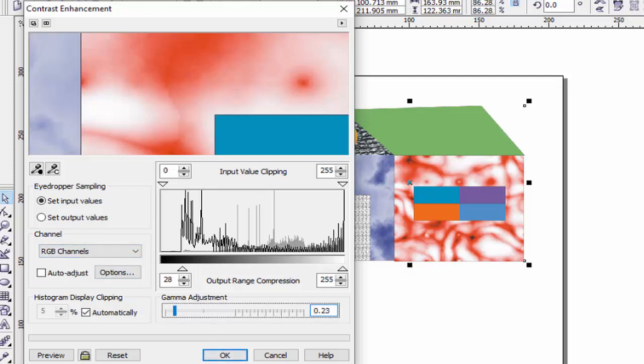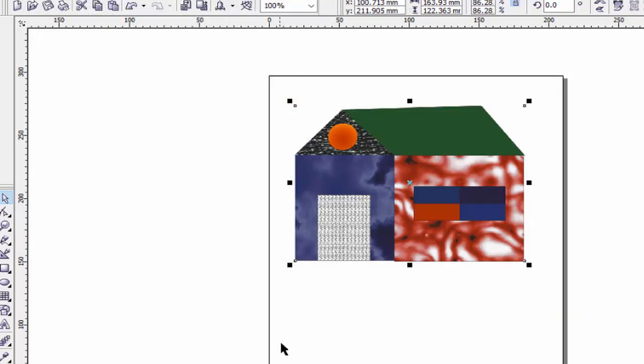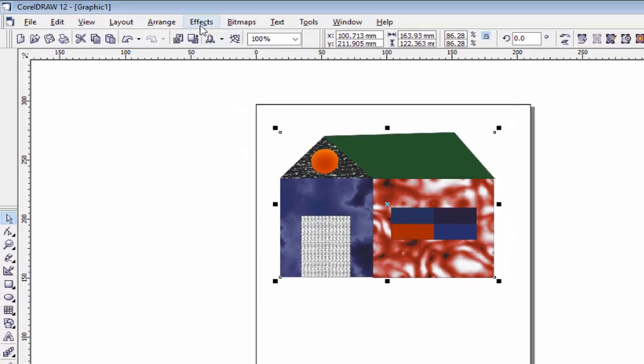Then click the preview option to see the preview. Like this you will see your picture compared to the original. Before applying OK, you can use the preview option and then click OK if you are satisfied with your settings. Then press OK.